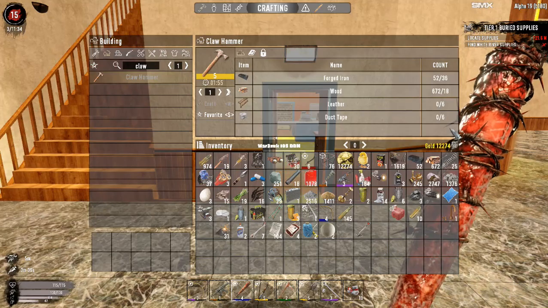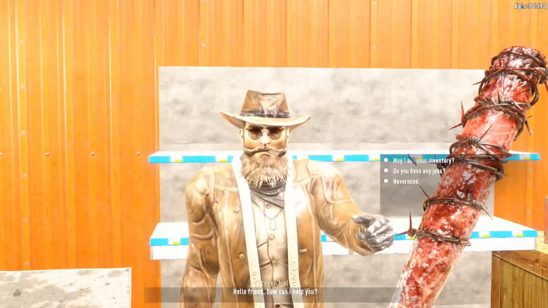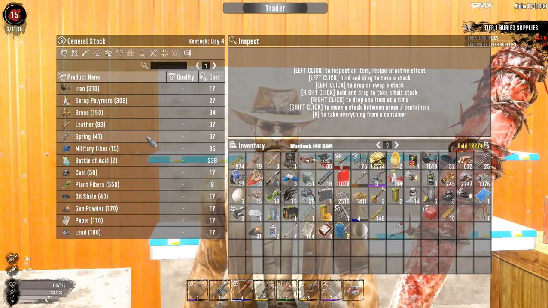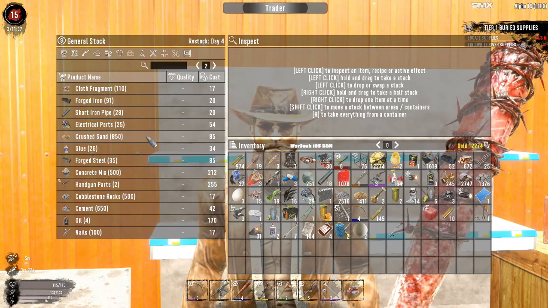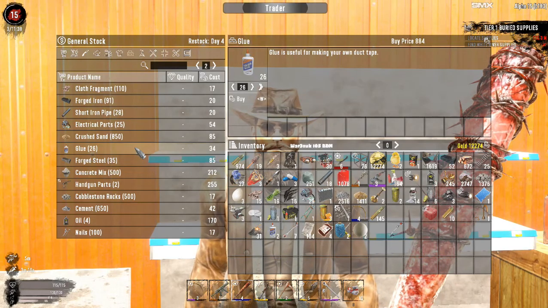Iron, what are we missing? Duct tape. Duct tape is going to be our problem child for a little while. Let's see if any of these guys have duct tape for sale. I know I don't like to buy it from the traders just because of the price and everything, but we might just buy the glue. I think we'll just buy...